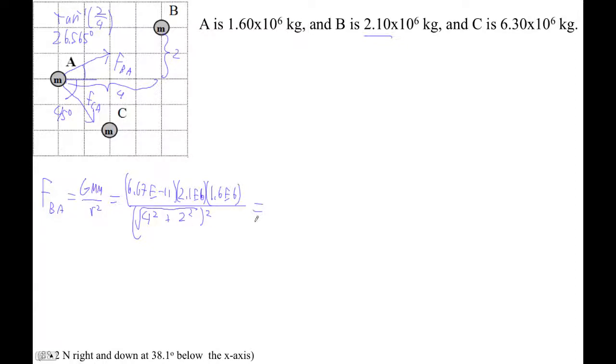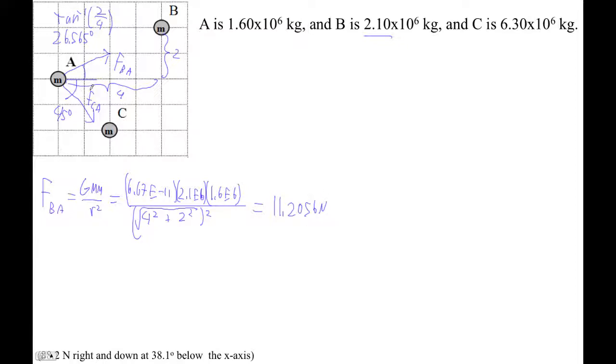So I'm going alpha F1, grabbing that first fraction, 6.67 E minus 11 times 2.1 E6 times 1.6 E6 over 4 squared plus 2 squared. All right, do I have everything correctly? I think I do. That's 11.20,